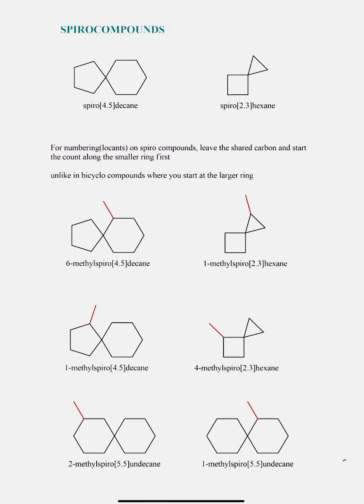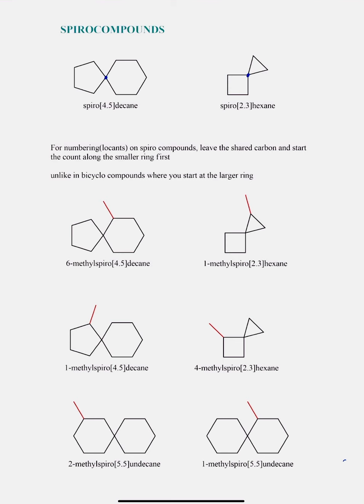Now in spiro compounds, you first identify which the common carbon atom is. So in the first case, it's the carbon that attaches 2 rings. So it's this carbon, and then you leave it and you see how many carbons are attached to that carbon